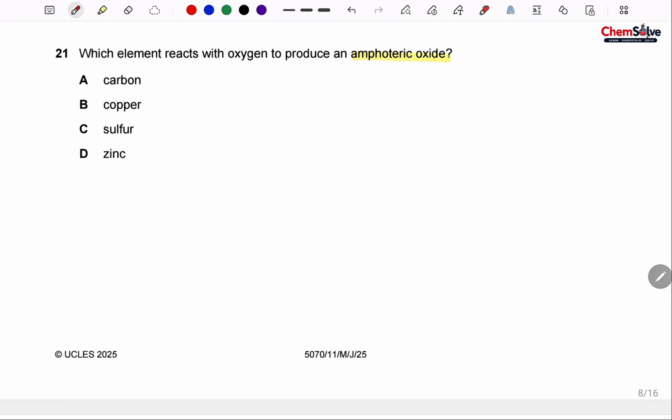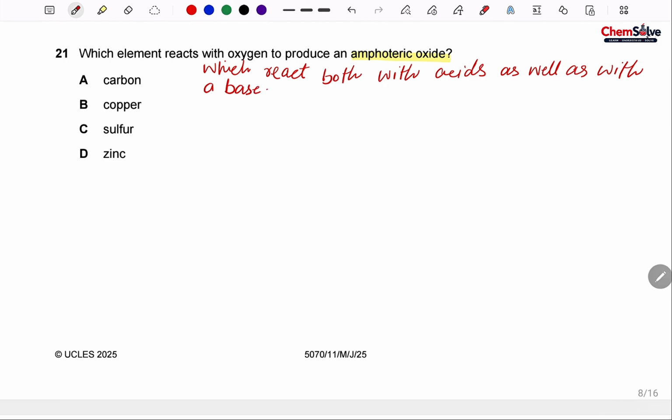Amphoteric oxides are the ones which react both with acids as well as with a base. Okay, these are the oxides of certain metals,